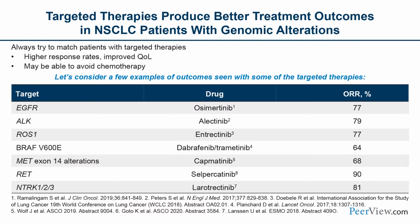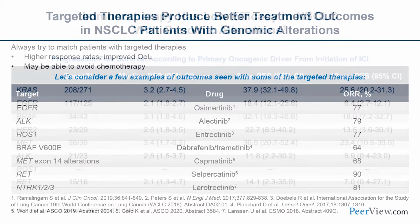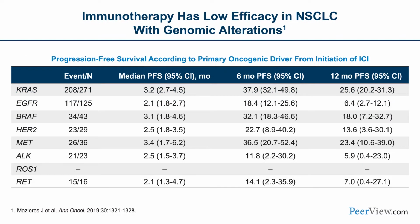So there are many examples in EGFR, ALK, ROS, BRAF, now MET skipping and RET, as well as NTRK, where a targeted therapy produces a response rate that's extremely high, and we think really is the best upfront treatment for these patients. We also know that immunotherapy has a relatively lower efficacy in specific molecular subtypes in lung cancer. We think about this a lot in our patients with EGFR, ALK, ROS, for example, where we worry that even with high PD-L1, these patients don't necessarily get the same benefit as others with